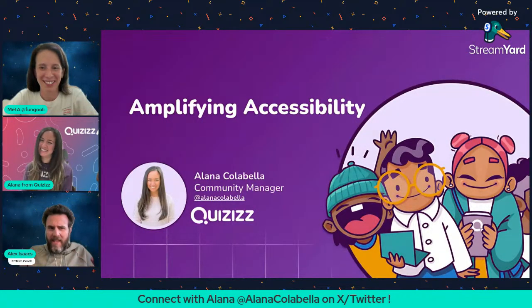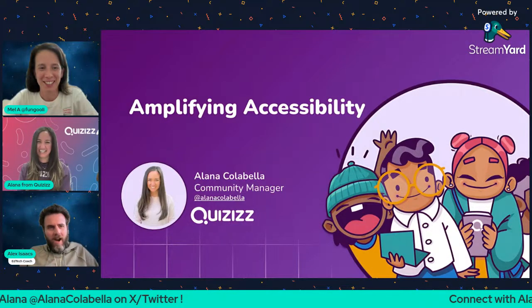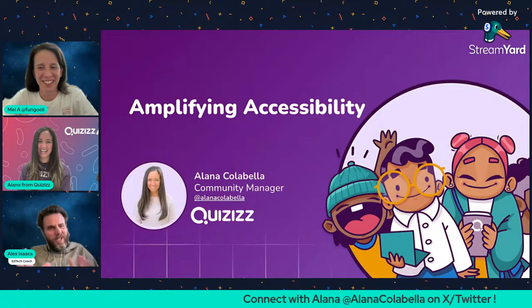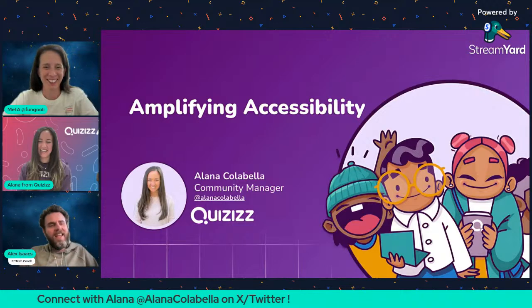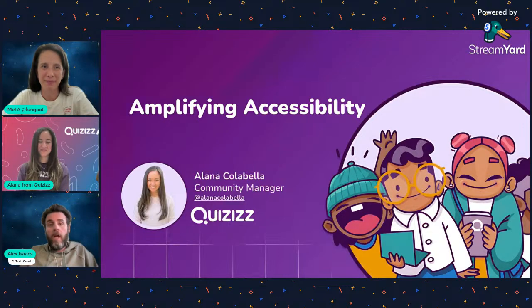And all I can think of, Mel and Alana, is what a group of pros we brought in today, where I was bloviating for about 18 minutes last time when I'm supposed to be keeping it tight to about 10 to 15 minutes. And we've got pros coming on here left and right, keeping it in that short time span, being so impactful with their words. So, Alana, I thought you did a great job sharing all you can do with Quizizz, and I'm just so appreciative of everybody joining in to share what this interactive tool can do on the accessibility front. Just appreciative of you and all you shared today.